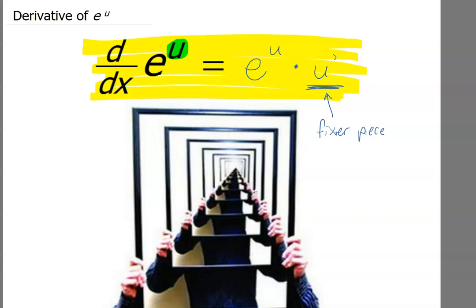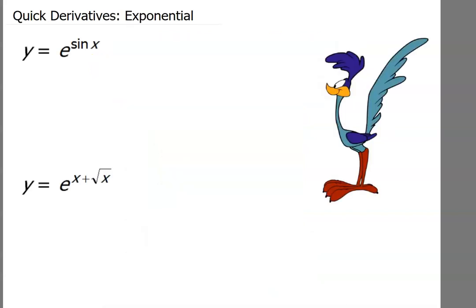And so once we have that version that has the chain rule already in it, then we can take these derivatives super fast, like the Roadrunner. And so instead of writing out y equals e to the u, y prime equals e to the u times u prime, instead of all of that writing, what we're able to do for an exponential function, so I have a base of e, that very specific and special number, and an exponent of sine x, what we have is that our derivative